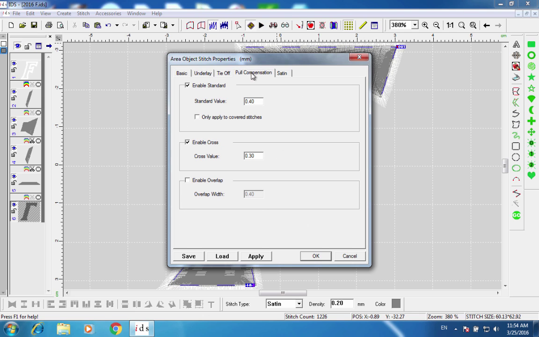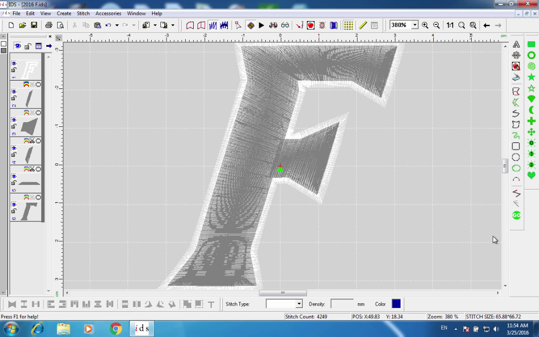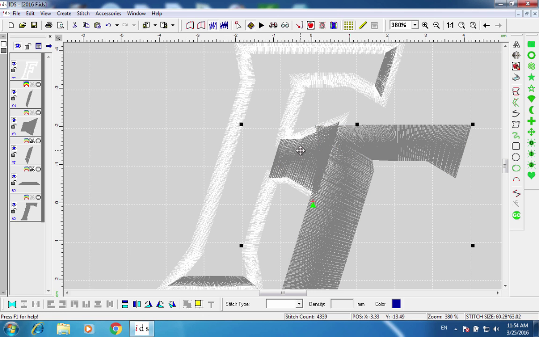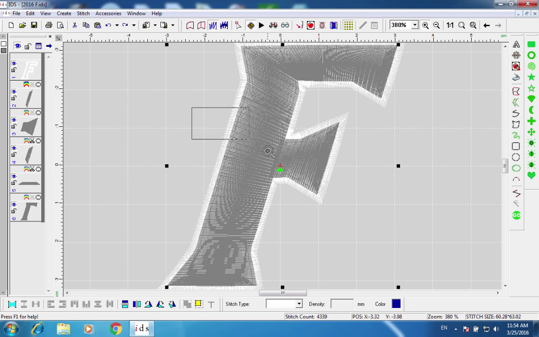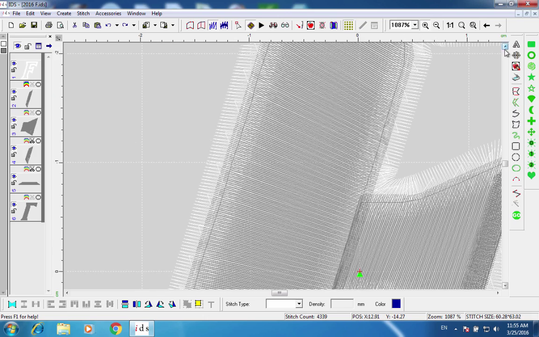The next thing we're going to do is go to the pull compensation. We're going to increase it to 0.5, and then we're going to go to the satin stitch, deselect the auto stitch shortening, change the density to 0.16. We're going to go ahead and press OK, right click off to the side, generate our stitches, and now you can see, let's go ahead and I'll undo that. Go ahead and zoom in. And you can see I've got no stitching underneath, but I do have that edge stitching. Like I said, it's going to help me cut that